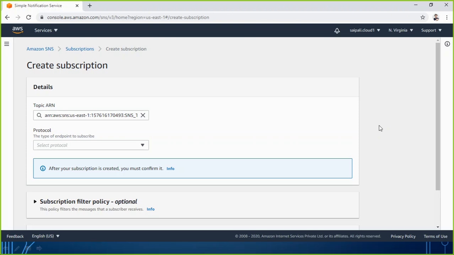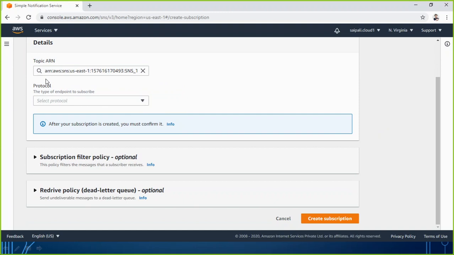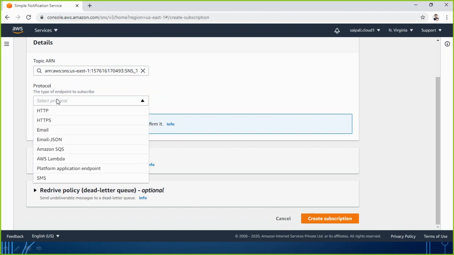Click on create subscription. Who will be getting notification? You can define here the protocol, which kind of notification you want: HTTP, HTTPS, email, or email with JSON. If you know JSON, if you know programming, then you will go with this option.